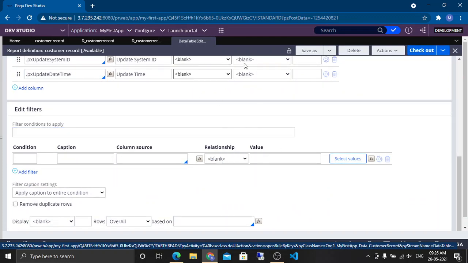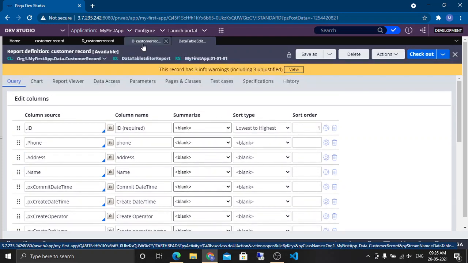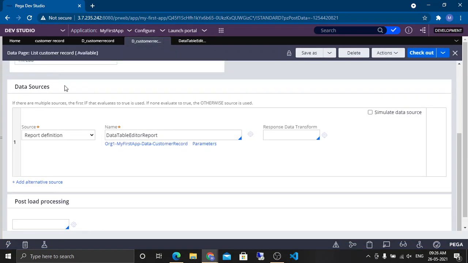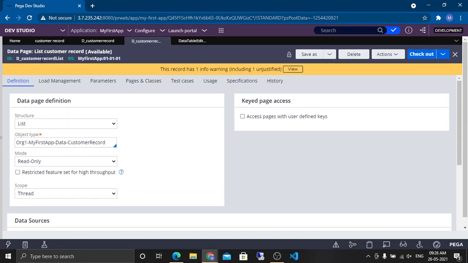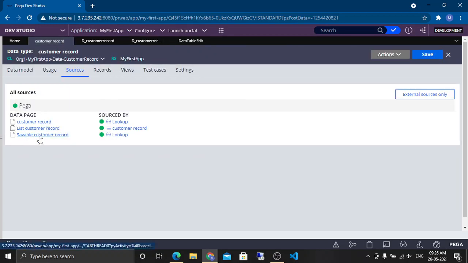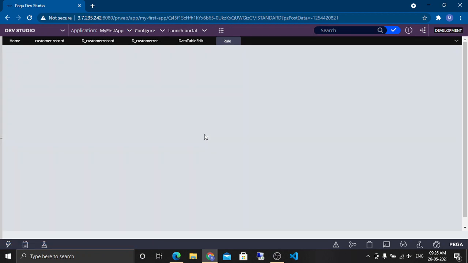So select star from this table. All the rows will be fetched if I use this report with this data page of type list. Now we have savable customer record as well.